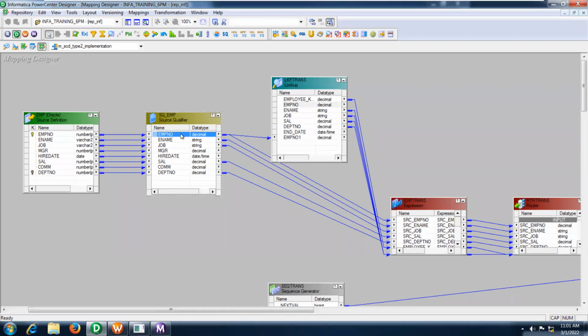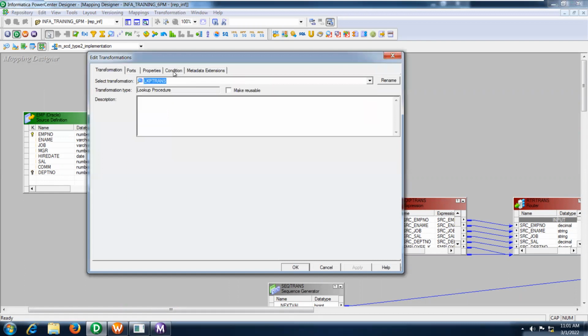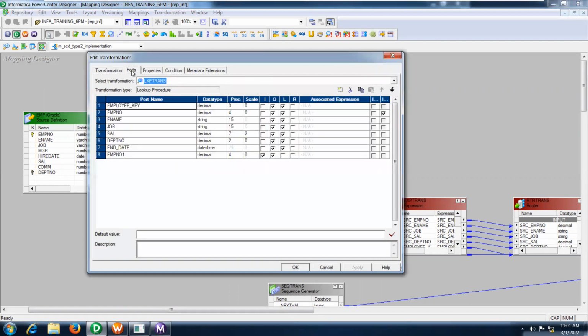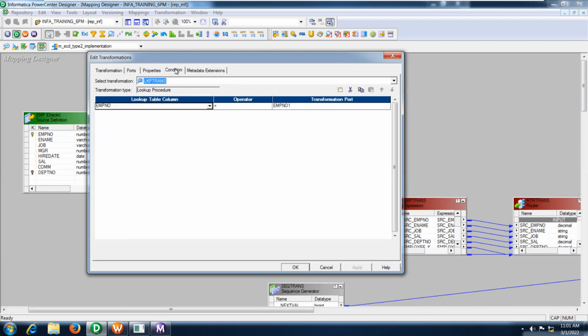If it is matching, yes, there is already one record available, but again the same record is coming with a change from the active source, then that will be updated. Okay, this is the first check we are doing. Let me show you here. See, this is the condition that I have, and I have taken the EMP number 1 from the source, and I provided the condition here.